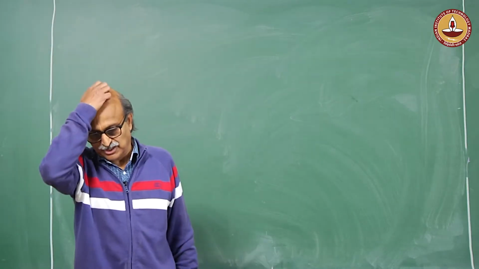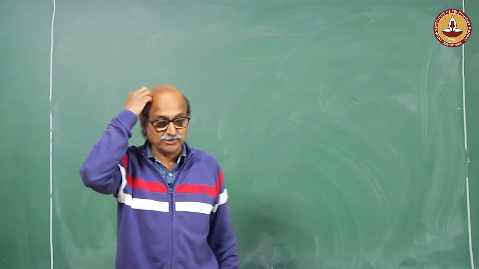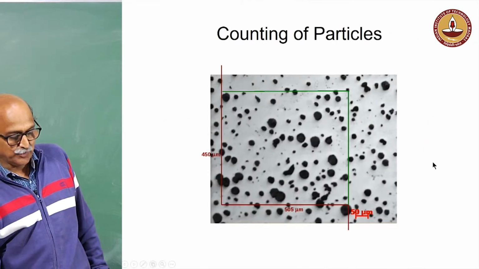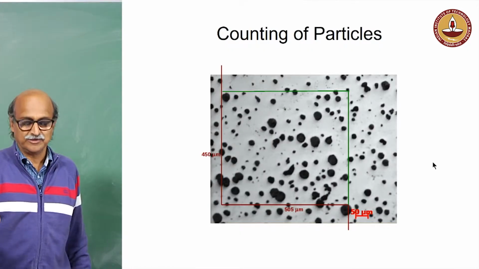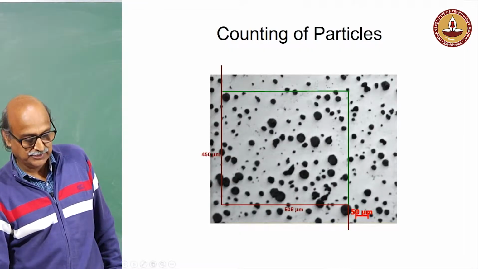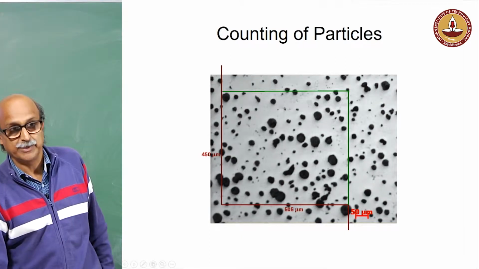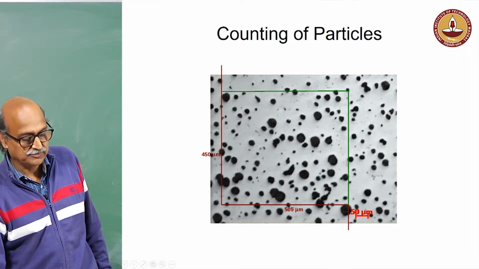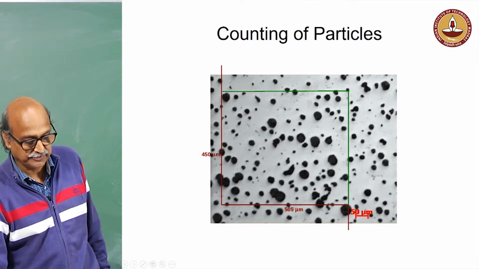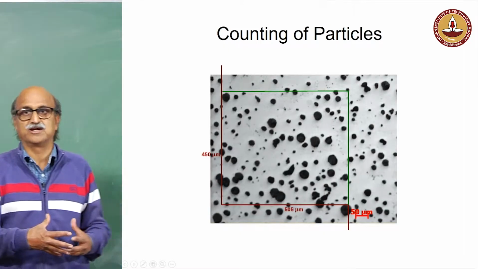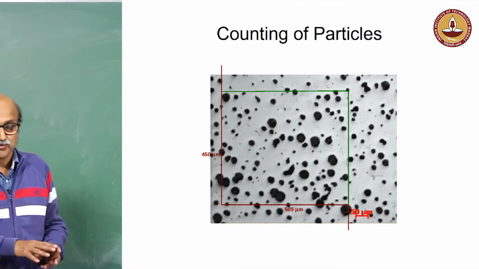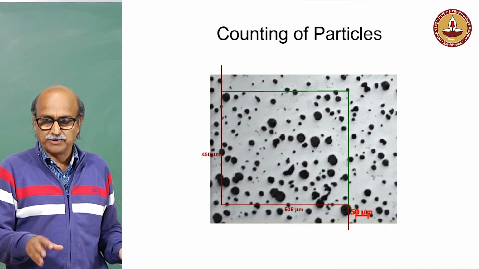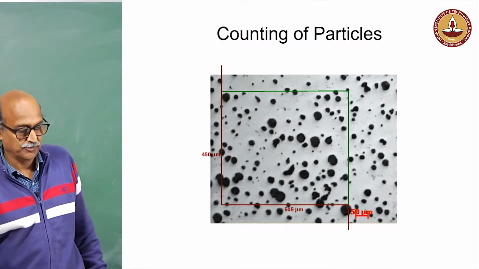Okay, so in the last lecture we were looking at methodology for counting of particles, and very quickly if we just repeat this methodology: you put a counting frame which has an inclusion zone marked with green lines and an exclusion zone marked by the red line. So, any particle which touches the red line would be excluded from the count. Particles touching the green line will be included and particles inside the frame would be included.